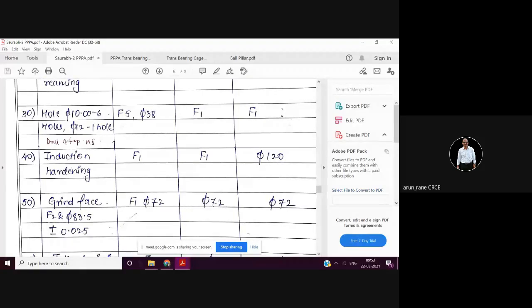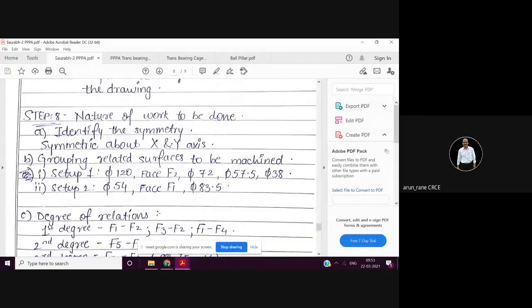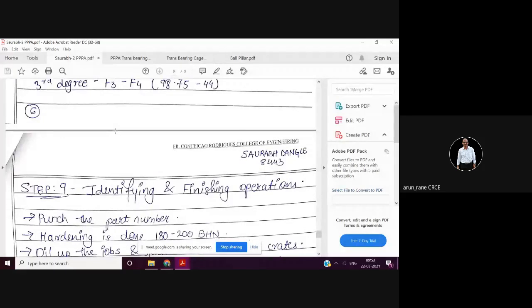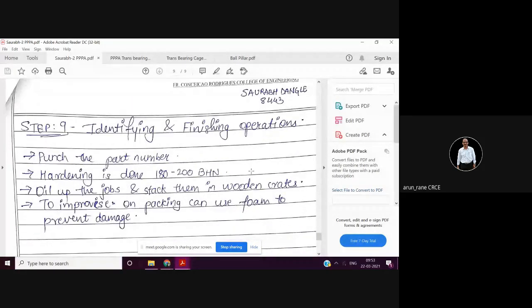No need to mention that 250 to 58 RC and depth, etc. But that will not come in identifying and finishing operations. So identifying is how you are identifying the part, because suppose this particular component, one or two components,